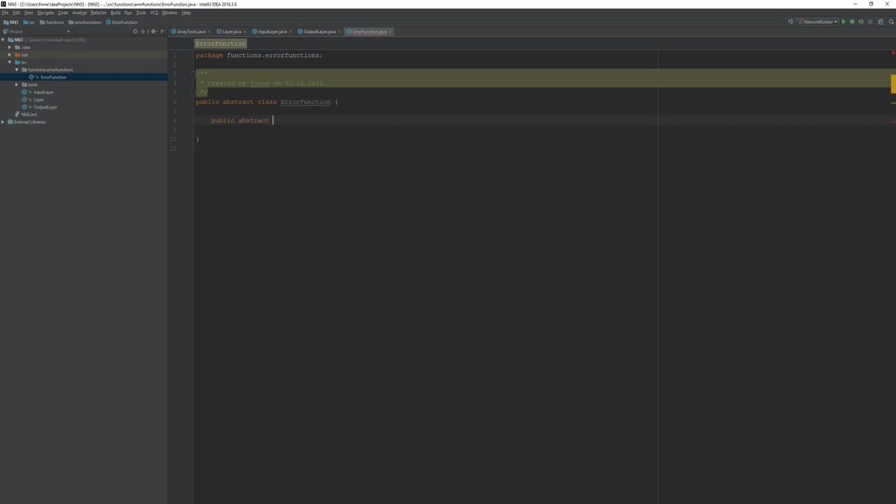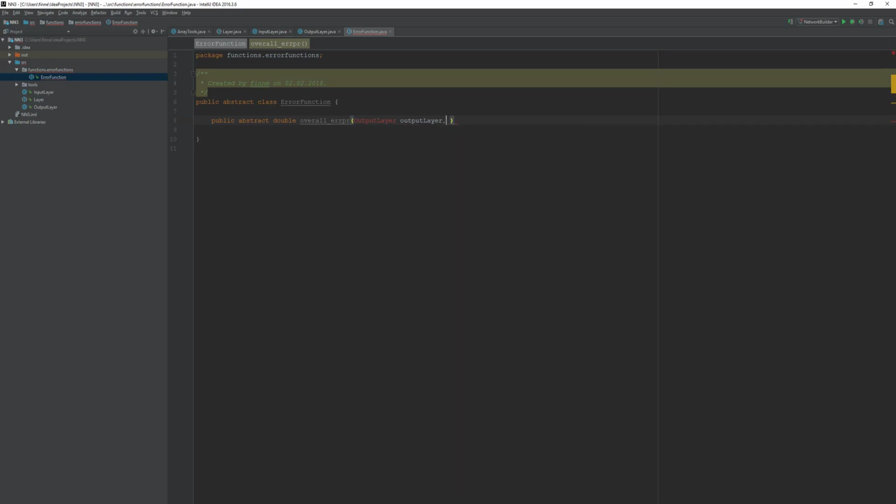The first one is there to calculate the overall error of our output, like the mean squared error, for example. And the second one is going to be the output error values of each neuron. So for the overall error, I'm going to return a double and call it overallError. And what we need is the output layer that we're currently at, where we have the output and everything we need. Output layer,